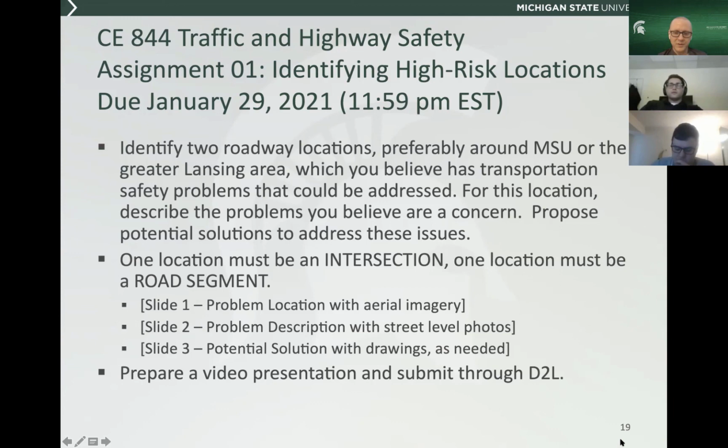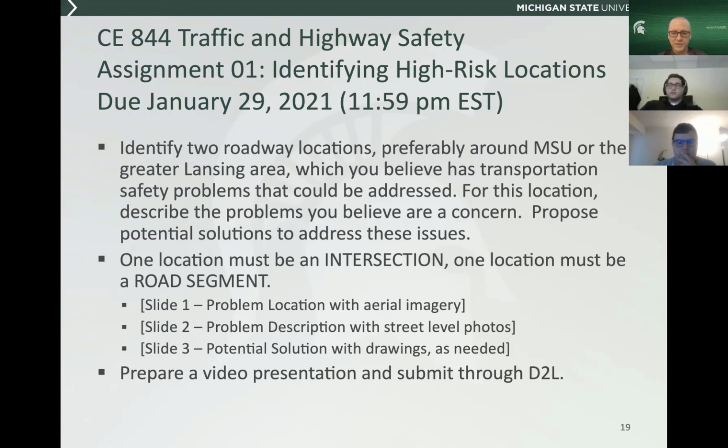And so each of those, I'm looking for a minimum of 6 slides, and you can obviously go a bit more than that, but basically telling a story about which locations you selected, why you think there's elevated risk there, and then any potential solutions that could be used to address those. And so I've noted here, you can include drawings as a part of that. I mean, it doesn't need to be a fully detailed CAD drawing, for example. I'm not looking for that necessarily, but just some schematics about potential improvements that could be introduced.